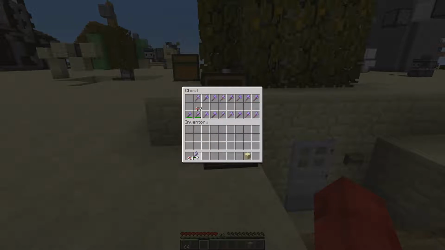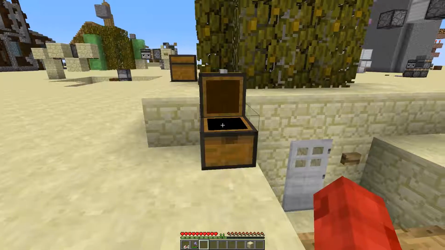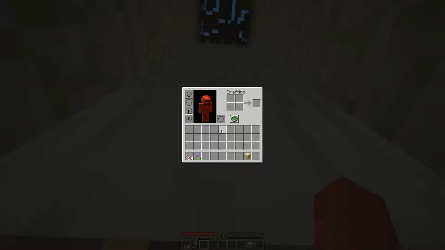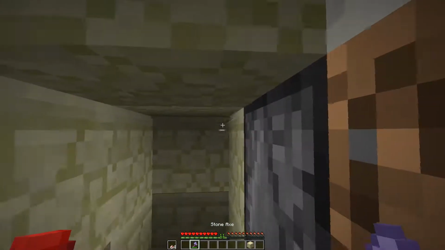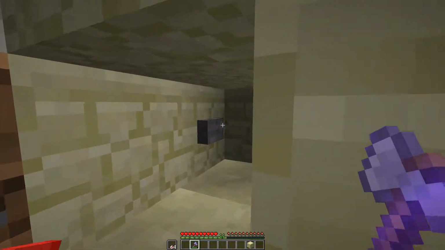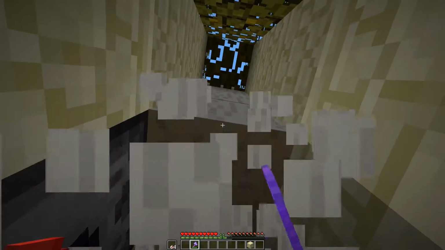And we're going to go in here and grab out some mushrooms and a stone axe. Now it's important that we use a stone axe in this farm because the mining speed of iron or diamond is too fast for this farm to operate. So we want to put our mushrooms in our offhand and our stone axe in our main hand. And now I'm just going to chop this mushroom down,